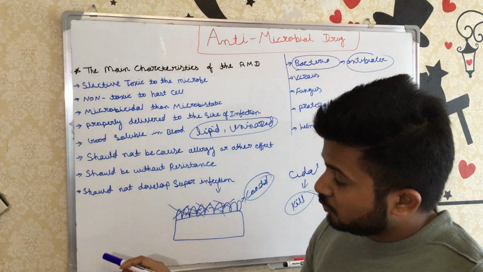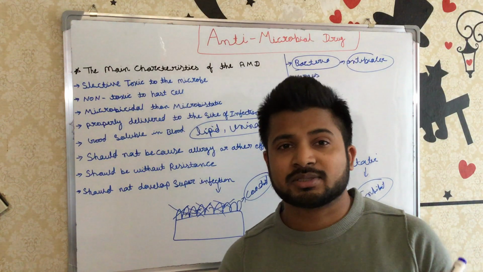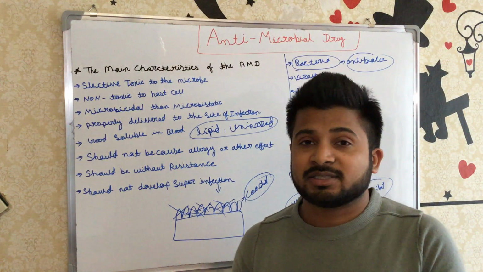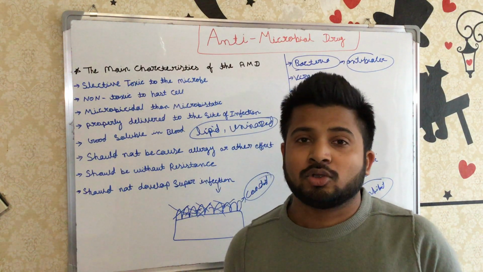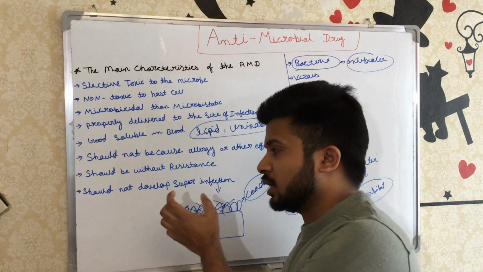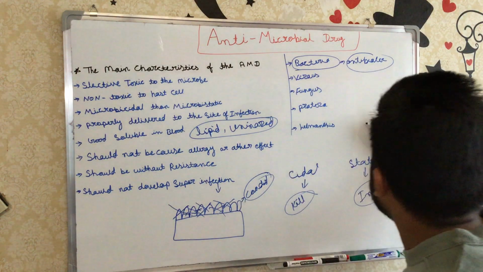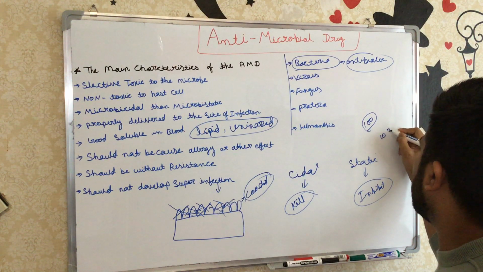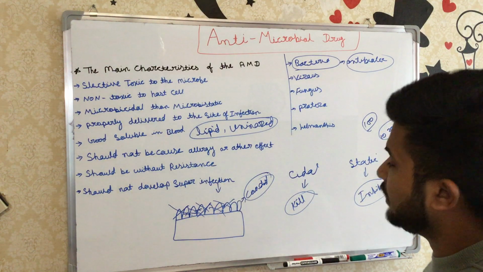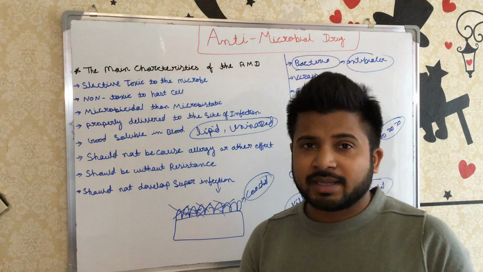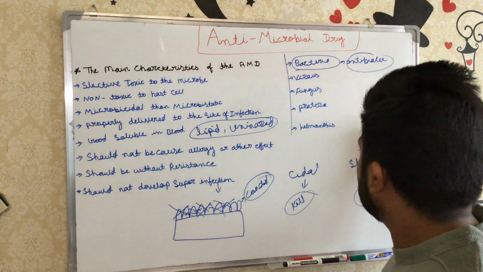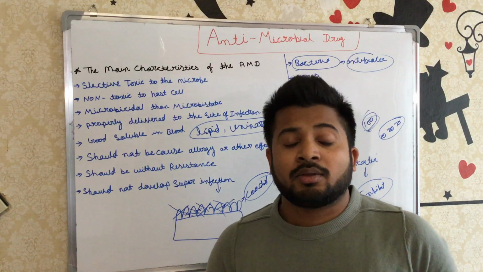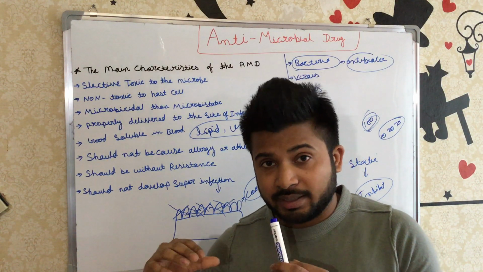For example, if a person comes to our clinic and we don't know which drug the patient is allergic to, first we have to give a very small dose. For example, if the normal dose is 100 mg, first we give 10 mg, 20 mg or maybe 30 mg, and we wait. If everything is okay, then we can start the normal dose. This way we can see whether the person has an allergy to this drug or not.